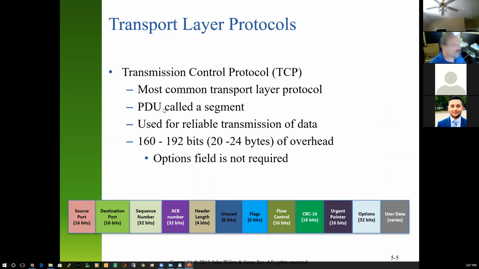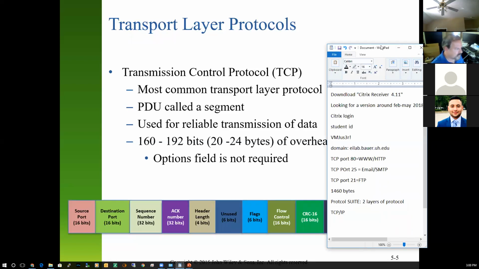The protocol data unit, as I mentioned earlier, is called a segment. At the IP layer, it's called a packet. Here we call it a segment, and that's because it's responsible for segmentation. It's breaking up your messages into little pieces. It's used for what's called, and that should be in quotes, reliable communication or reliable transmission of data. Now, that doesn't mean an error-free transmission. When we use that term reliable, and I want to point that out now because it'll come up in future